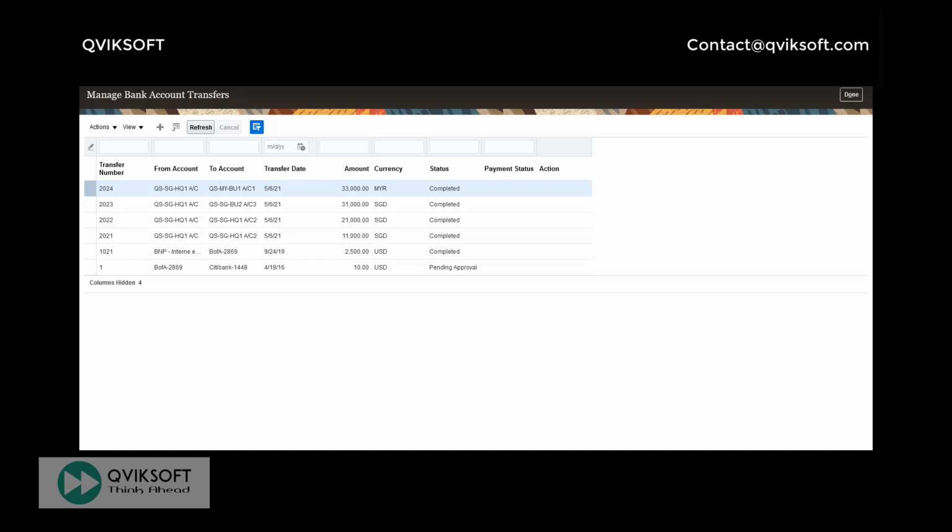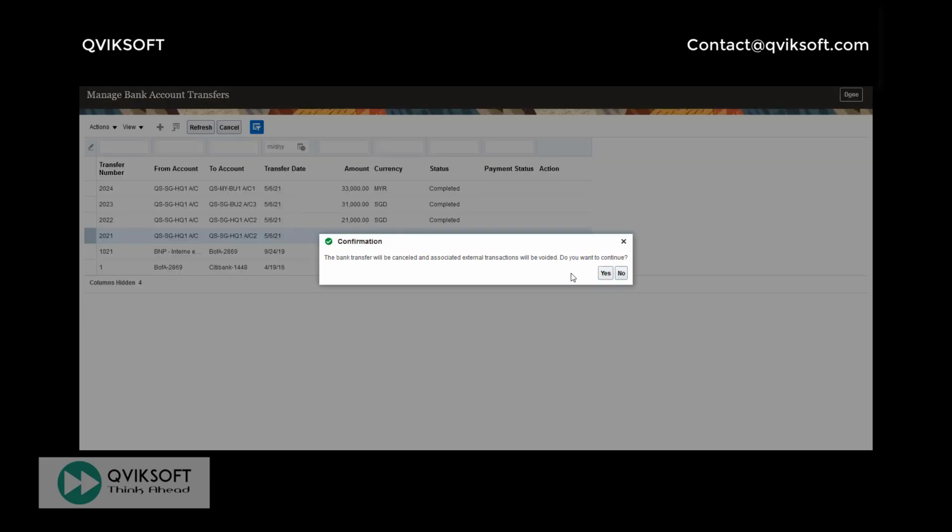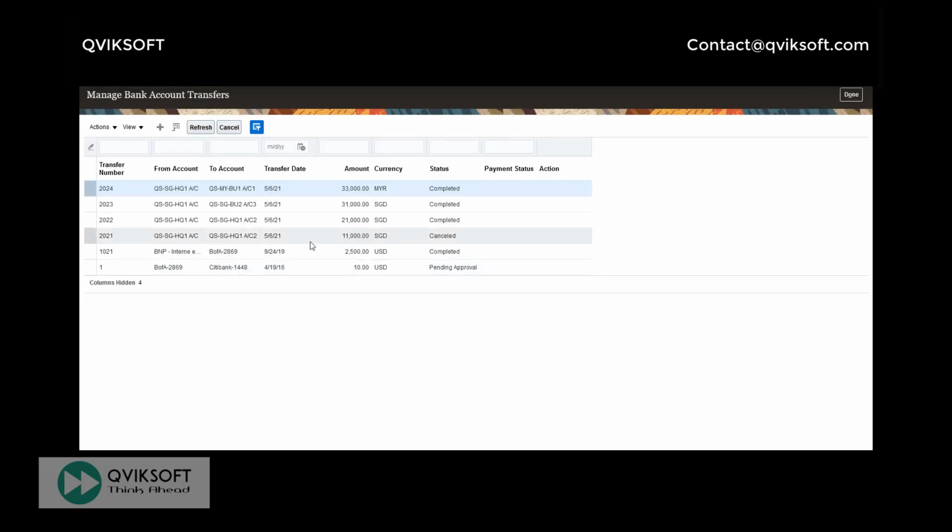Another thing I wanted to show you: let's say for this transaction, which is 11,000, for the bank transfer which we have, we decide to cancel this transaction. What happens? I click on cancel here. So for the 11,000 transaction, I say yes. The message was that not only this, but any external transaction linked with this one will be voided.